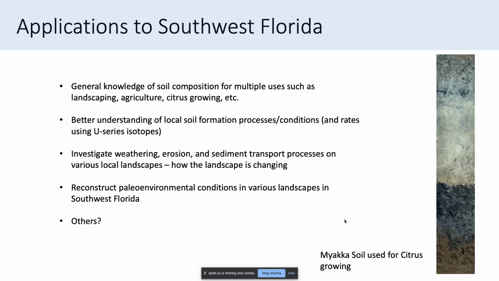And finally, I would love to do some reconstruction of paleoenvironmental conditions here in Southwest Florida. We have a pretty robust history going as far back as the Calusa Indians, for instance, and knowing how the environment changed and looked going back thousands of years could provide a lot of scientific information, but also historical information about how our landscape changed over time. So I think this might be a good proxy to create paleoenvironmental conditions in our past. I also leave it open. Maybe questions could focus on how we could use this information